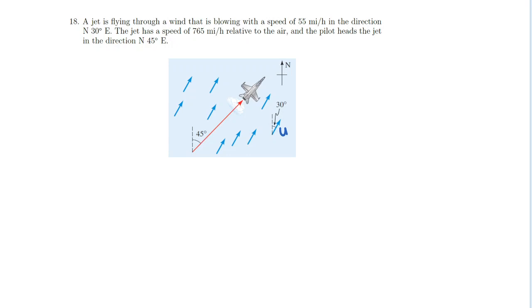It's got a magnitude of 55 miles per hour. We can use the magnitude of our vector to represent the speed of the wind. And then here it's also got a direction 30 degrees east of north, right? So 30 degrees shy from north, so I can think of that as also 60 degrees in standard position. Okay, so this is telling us that if we want to find this vector corresponding to the wind in component